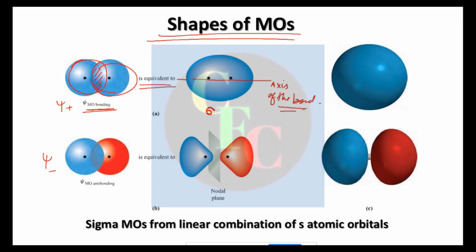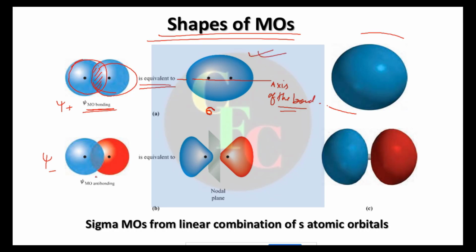Now this picture on the extreme right may look like a sphere, but it is not a sphere. It is also an oblate spheroid, tapered here, but this is what is calculated by software and shown in three dimensions. It will look like this one, but it is just for showing you. You do not have to write it down or draw it in your examination papers. You can just draw shapes like this one.